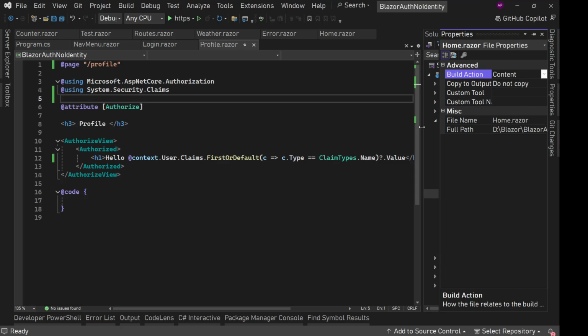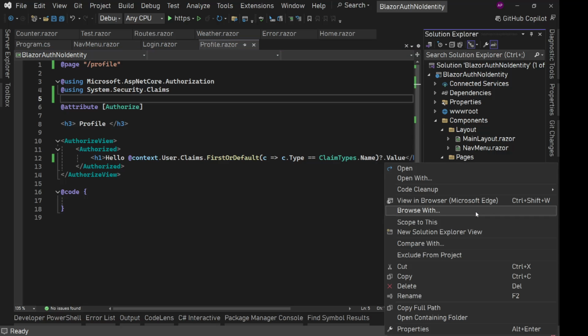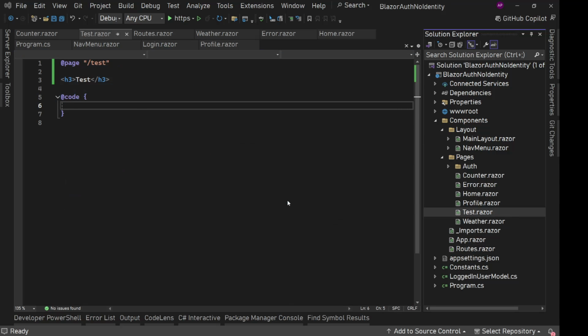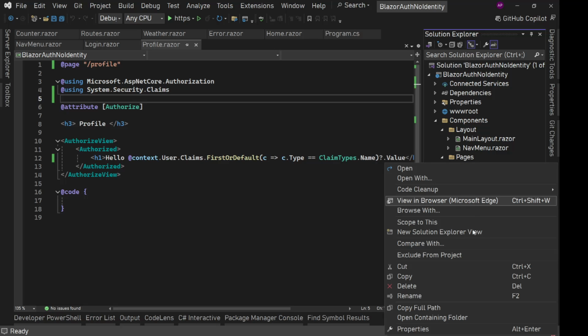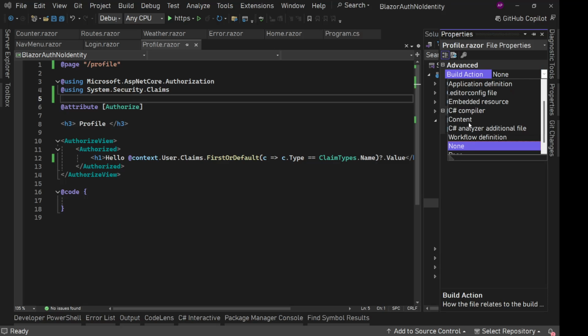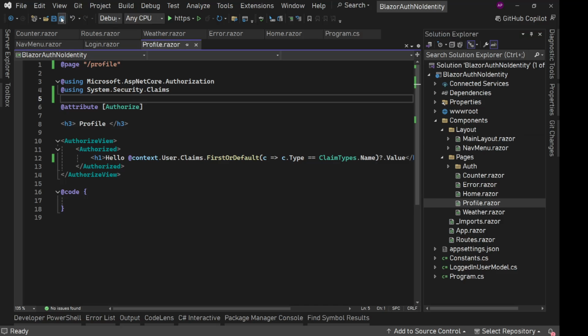It should be content. Somehow, sometimes it does not work. So for this test and for this profile, now there is no need of this test. Let's remove this. And for this profile, we'll simply go to properties and change this build action to content. If you are facing this error, then you can try this thing. Save everything,